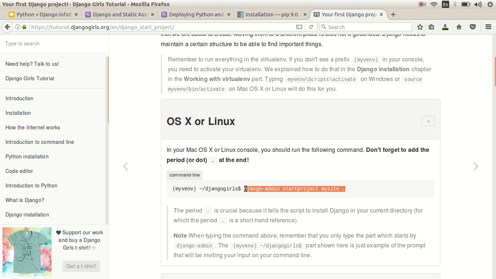It says django-admin. So Django is installed, we made sure of that, and then we go ahead and do django-admin startproject mysite space and then a period. So in my case this would be something like